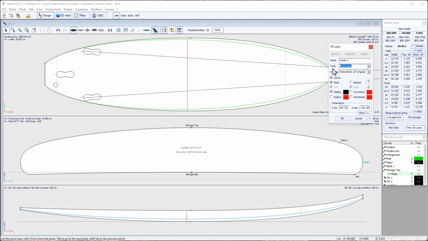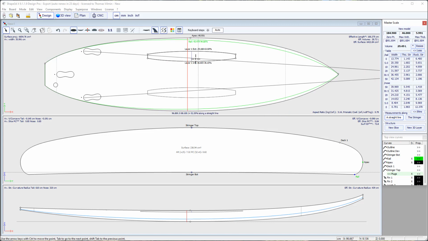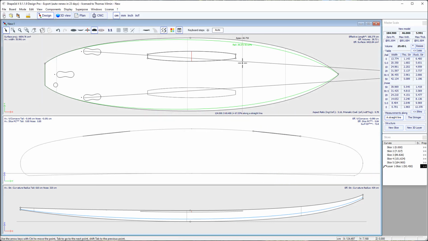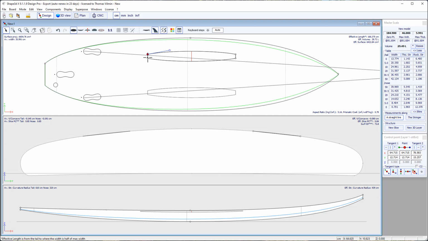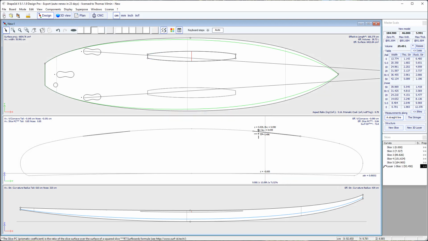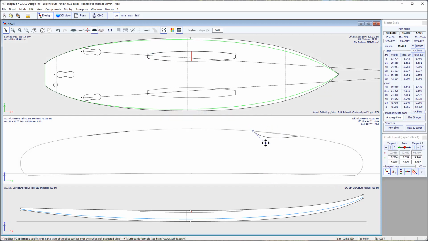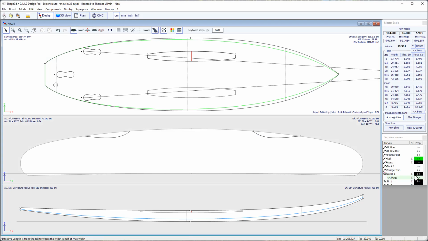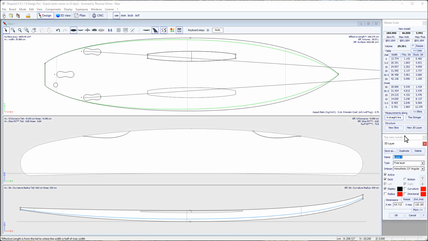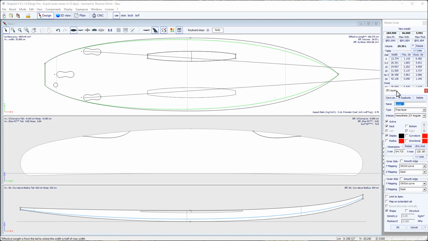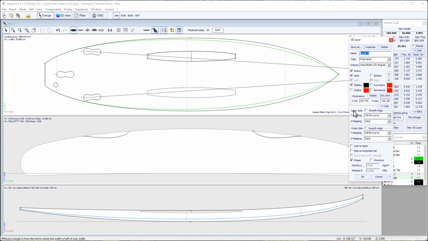except the constant depth. So if we create a new one, it actually looks like a twin 3D layer. You have the outer outline, inner outline, and a slice. But now, if you go to the properties of this 3D layer and you click more, you will see that you have these options here to change the way you want to map the inner side and the outer side